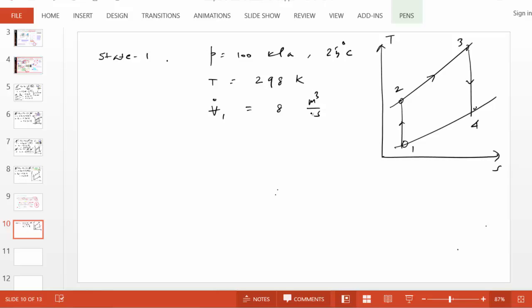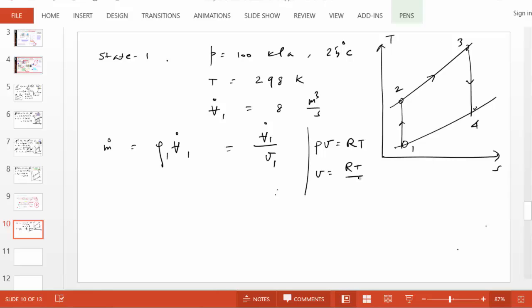So what is the mass flow rate? M dot is density times volume flow rate. And what is density? Inverse of specific volume, right? Using the ideal gas equation of state, PV equals RT, we get V equals RT over P. So the mass flow rate becomes